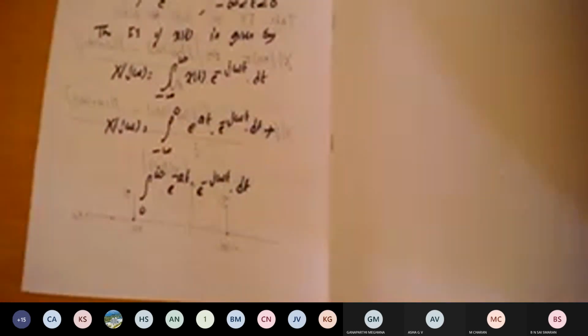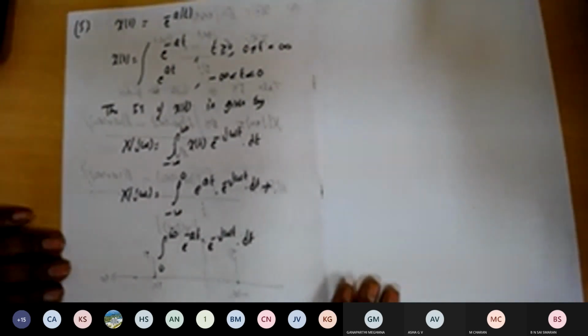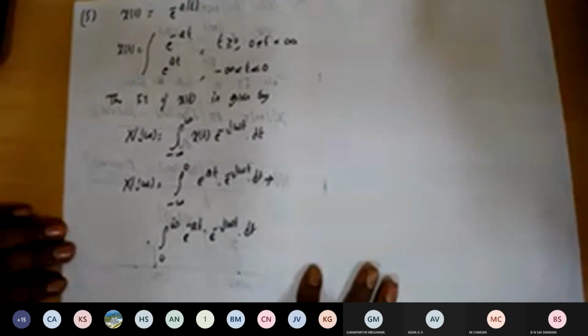Okay, so now we'll take the terms common here. How to take the terms common? Already I told you in the first beginning classes: whenever minus infinity is there, we need to take the exponential as a plus term common, and whenever plus infinity is there, we need to take the minus term outside. Because we know that e to the power of minus infinity is 0, and e to the power of plus infinity is infinity. So we'll take the terms like that.